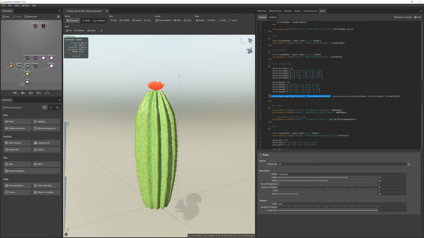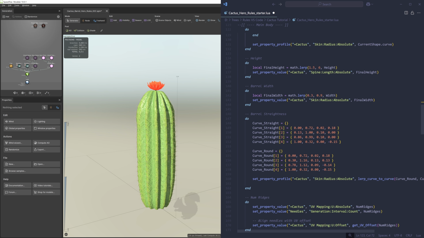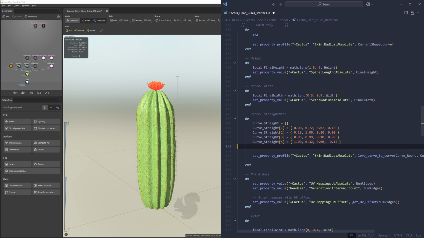Well, remember that the last rule to update a property wins. So what's happening is the straightness rule wins when calling the skin profile curve. Thankfully, that's a pretty easy fix. The straightness rule body no longer needs curve round because it's held in shape default.